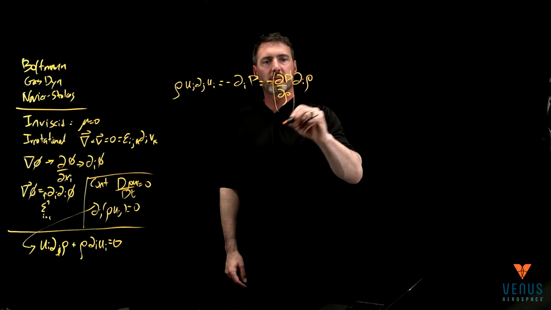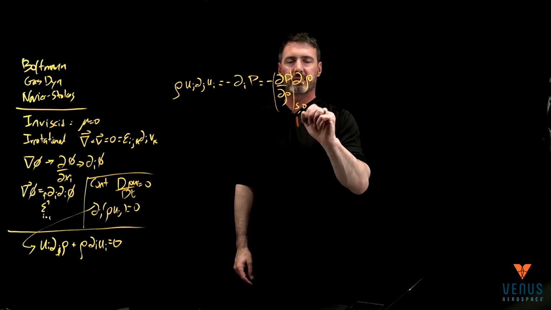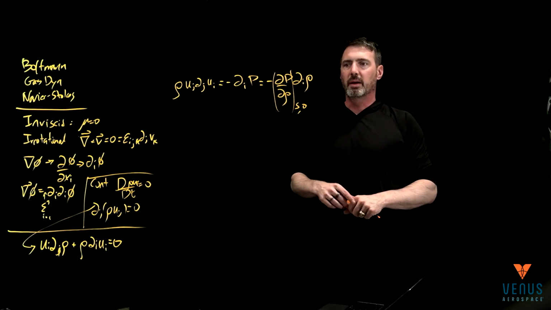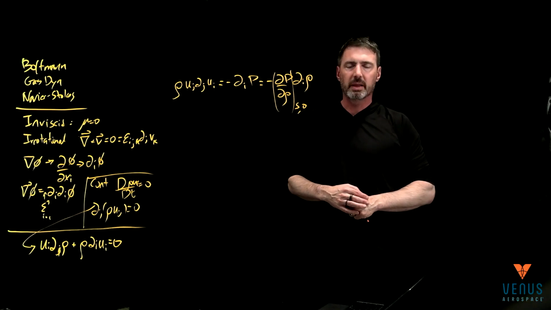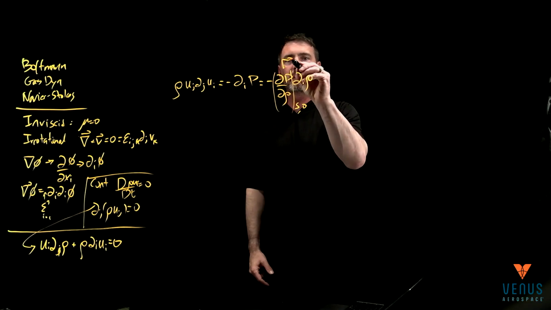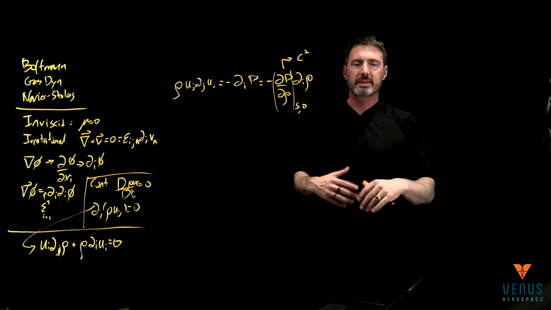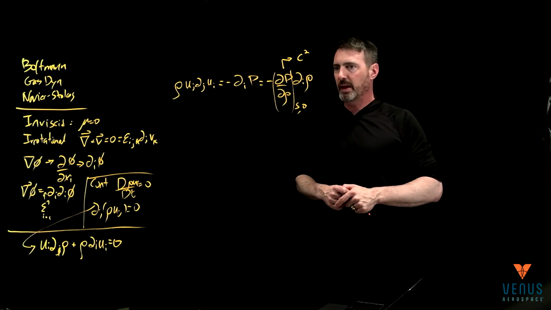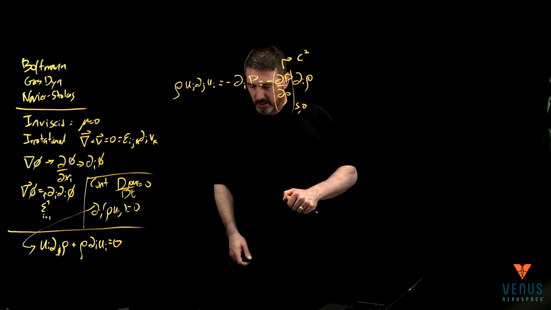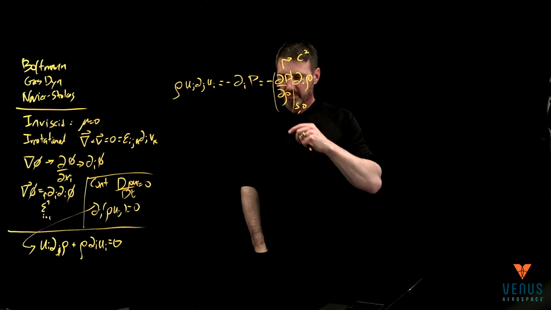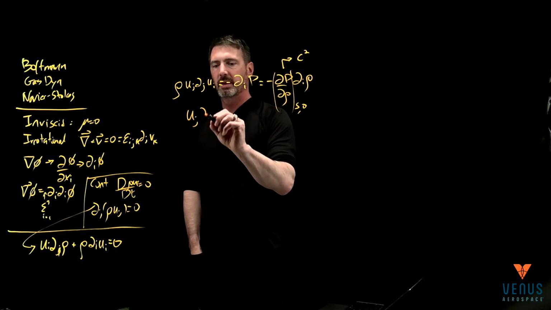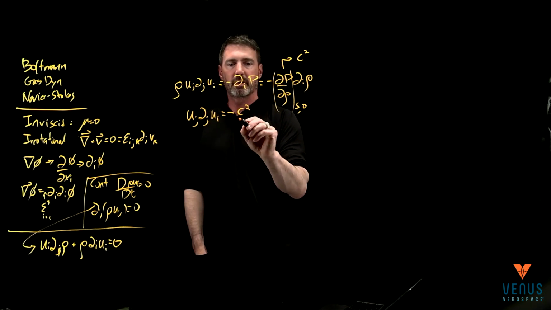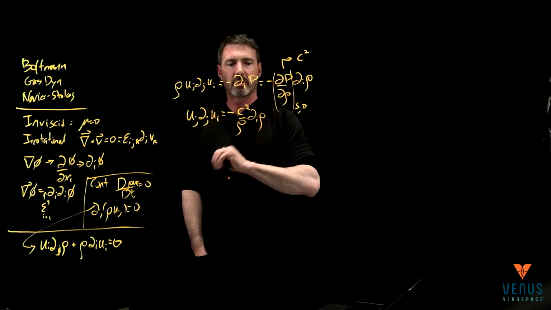And then in particular, though, the trick that they usually then say is this is an isentropic relation. So if I follow this from an isentropic relation, this is just a number if it's isentropic, and we will go ahead and define that number as c squared. And no surprise, it's actually going to end up being the speed of sound. Okay. So from that framework, we can actually come back and say, so one more time, u_j ∂_j u_i is equal to negative c squared over ρ, and then ∂_i of ρ.